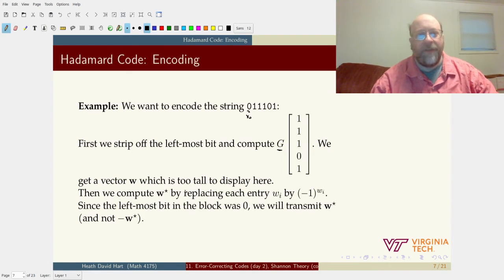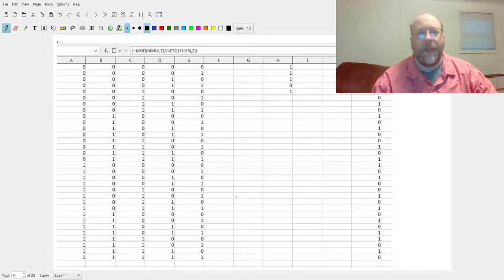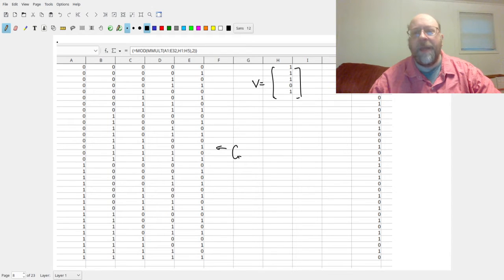It's too tall to fit in this slide format. So let me show you what's happening there. I'm going to stop here and come back to this moment later on. So this over here is my matrix G. This is the vector that we're encoding. And when we multiply G times V, what we end up getting is,